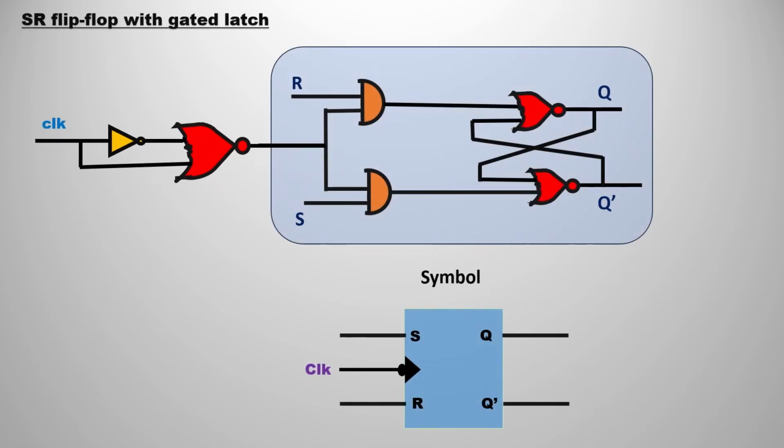In the same way, fix that also. Again you are going to have an SR flip-flop, but this is the negative edge triggered SR flip-flop. You can observe that we just fixed that simple detection circuit to the gated SR latch. So this becomes our negative edge triggered SR flip-flop.